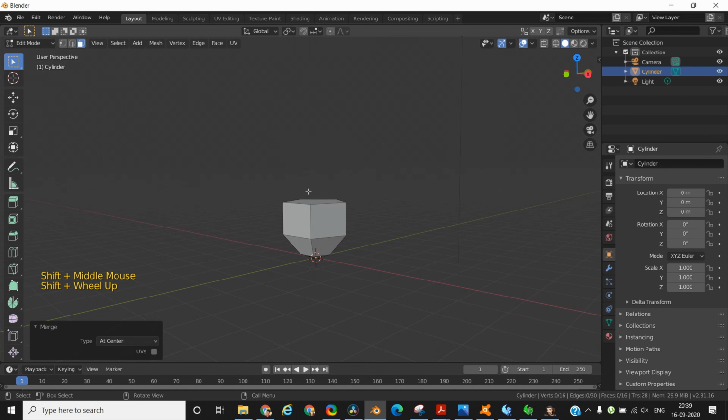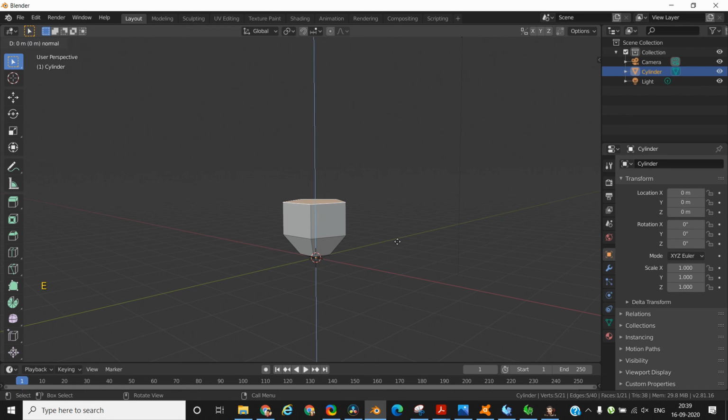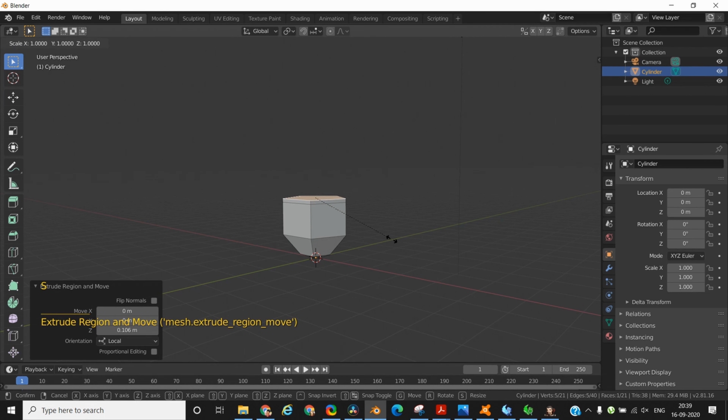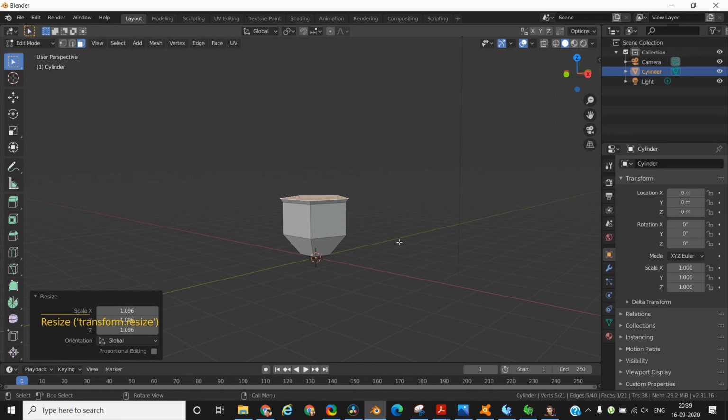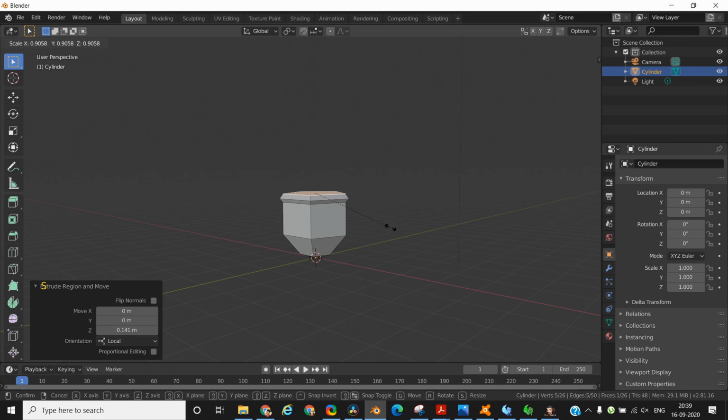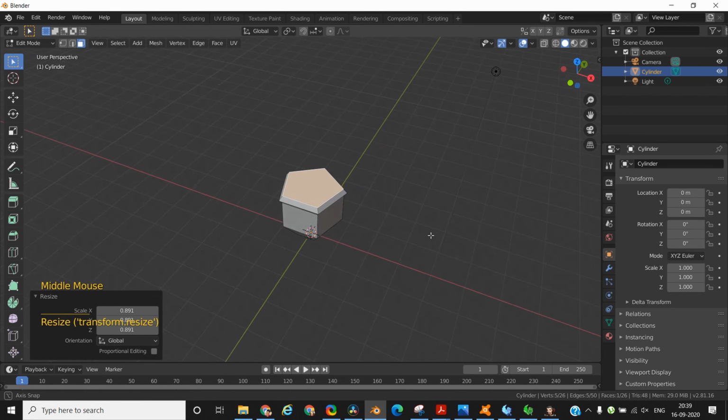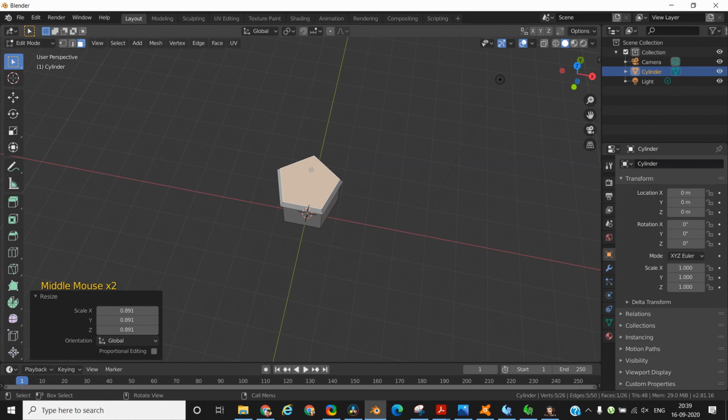Now coming towards the top portion, the stem and the top of the acorn. So I'll select this face. I will extrude it in the Z direction on the upward side. Then I need to scale it slightly outward to give it a little shape. Then I want to extrude it again in the Z direction. I'll extrude it again. Then I want to scale it down a little. Now I want to create a stem from the center of it.